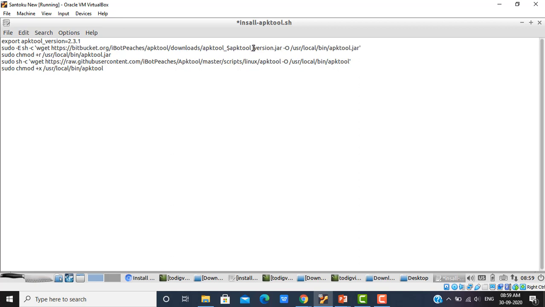Now when you read the URL, see this one. This is the variable name, which ultimately stores the version. If you read this, the variable name is apktool underscore version, which will store 2.3.1. So the URL would be /download/apktool underscore 2.3.1.jar. So here they are going to download only the apktool.jar, and if you see the second option,